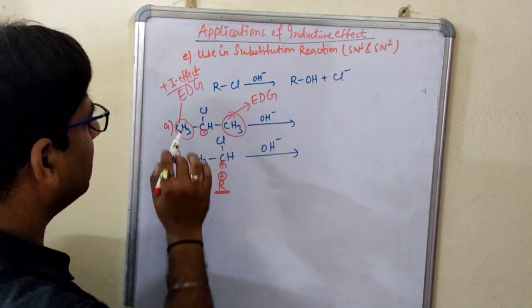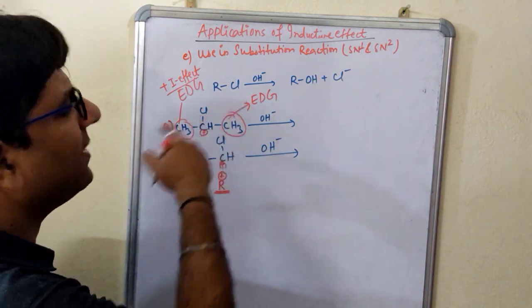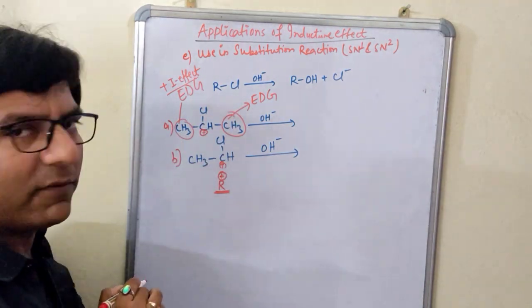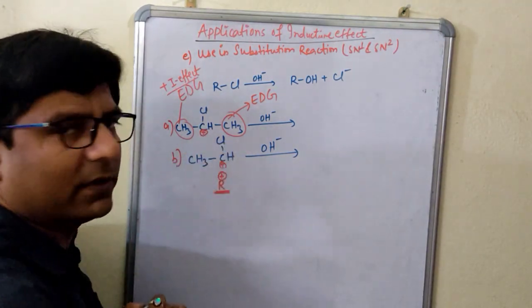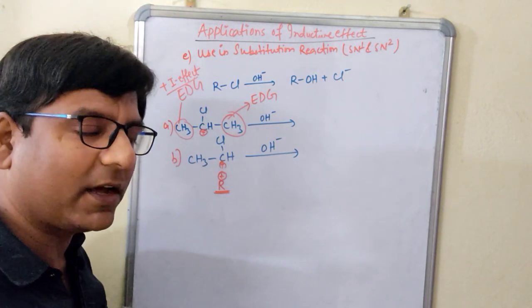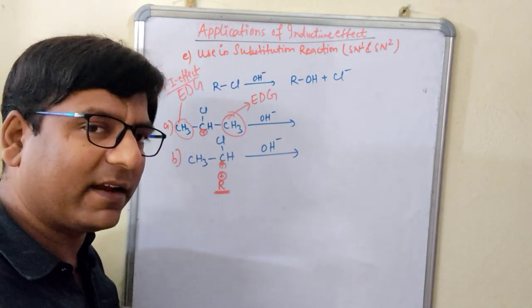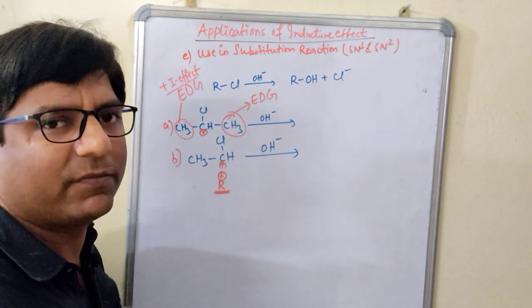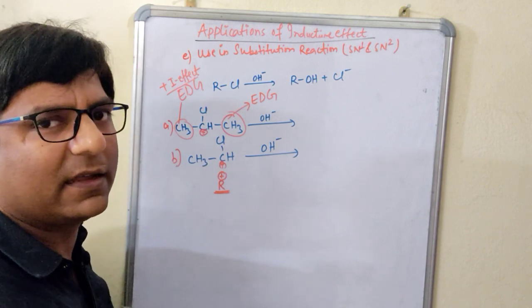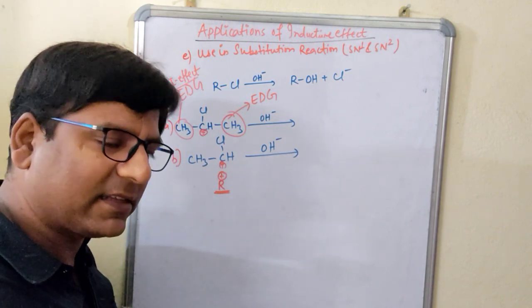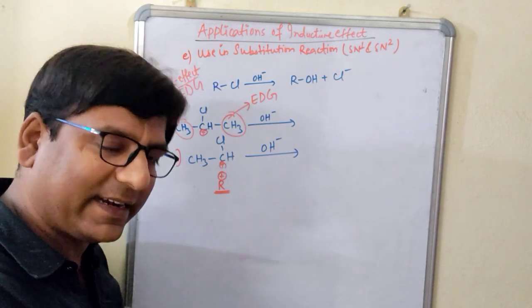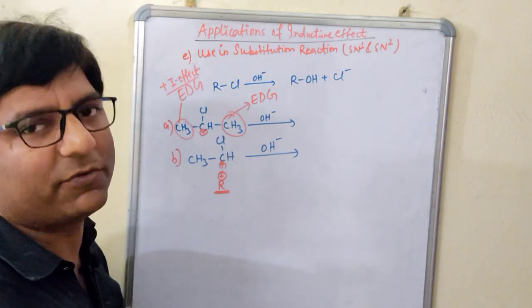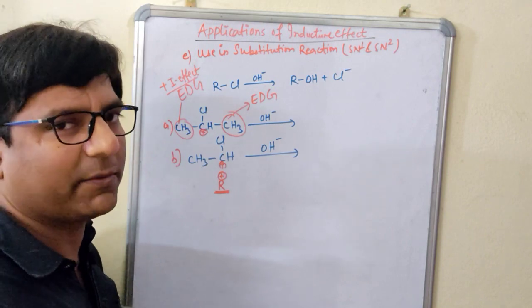Right? Both the methyl groups are there, with plus I effect, and both are electron donating groups. What will it do? We have to stabilize the positive charge of the carbon. Positive means electron deficient. How can we stabilize it? By converting it into neutral, because the carbon is meant to be neutral. If it is positive, we can supply electrons to make it neutral. Or if it has a negative charge, we can take out electrons to make it neutral. Neutral means we have stabilized it.